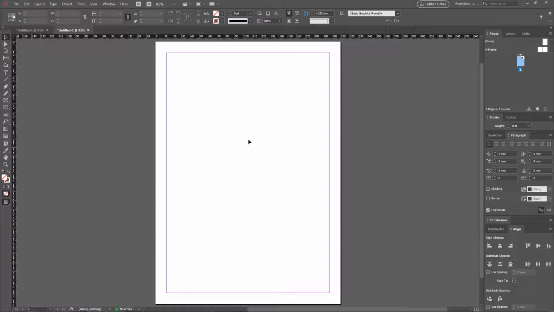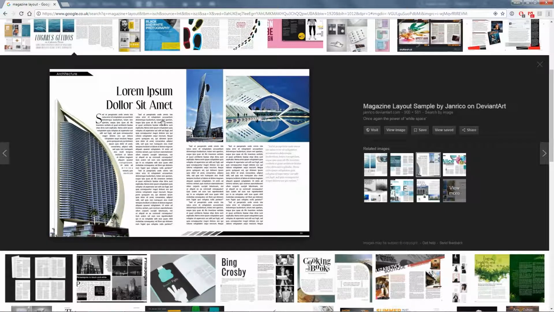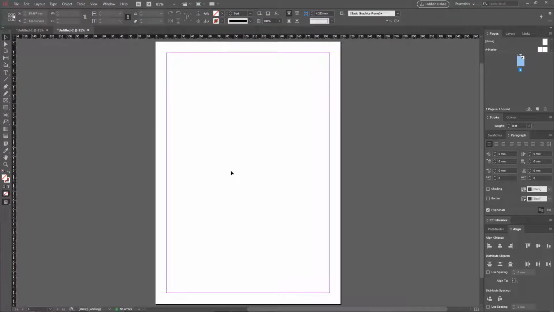This is ideal if you're looking at creating a kind of magazine layout and you have to have the columns, so you can break the length of the sentences up as you type. As always, you shouldn't have too long a sentence, especially in kind of magazine layouts or book layouts. It just becomes a little bit tricky to read, so that's why we create the columns. So we're going to jump straight in.